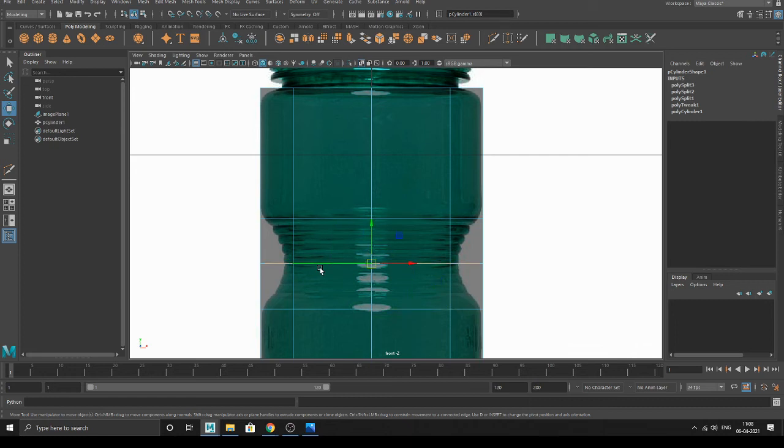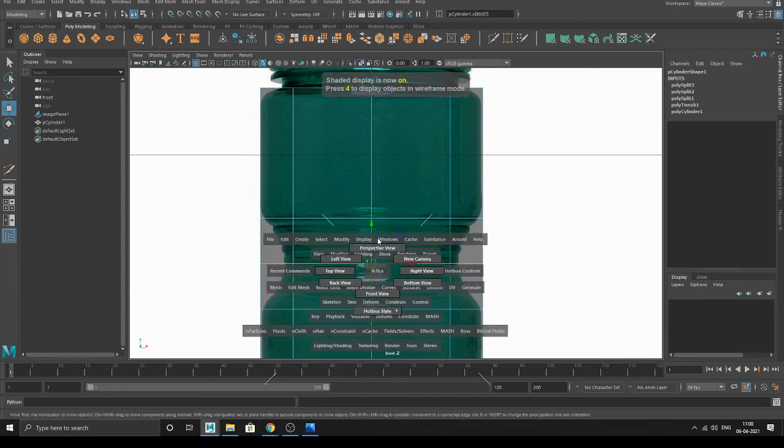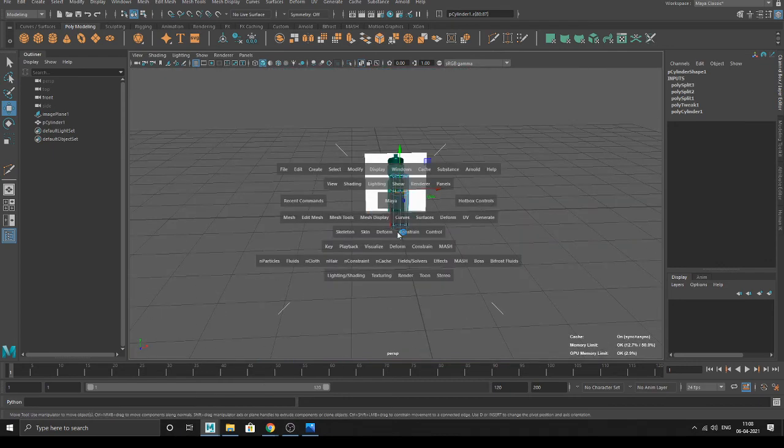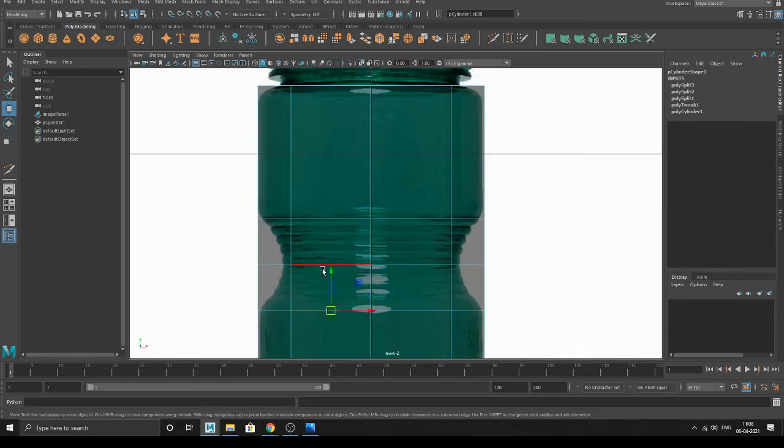How did I select this whole edge loop? Not just one side, one edge. I'll select this whole edge loop because we have to squeeze it from all the sides. We don't just have to squeeze from between, but from all the edges. So I selected the whole edge from here. Look here: how to select the whole edge loop? Good one, double click. When you double click, the whole edge is selected. Now what you have to do is put it inside so that you can create this circular shape, this convex shape over here.